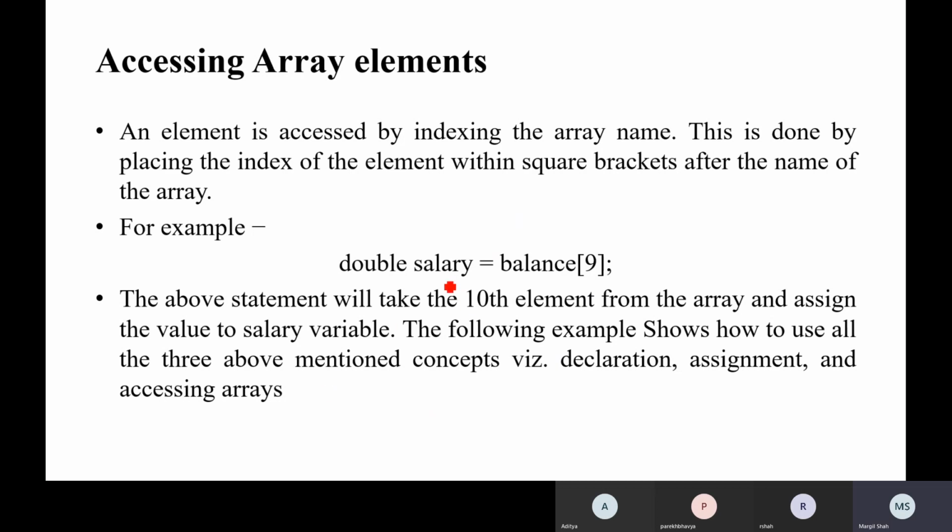So here one thing, that is balance. This is one of the arrays, and we are trying to access the 10th element, as the index is 9, so 0 to 9, so it's the 10th element, and we use the value of that and assign it to the salary. So this is how we can access the array element. Same way, suppose we would like to set the value of balance also, then it should be on the left hand side of an assignment operator, and after that we can use any kind of equation or any kind of variable or direct constant value too. These all things are possible with C concept.